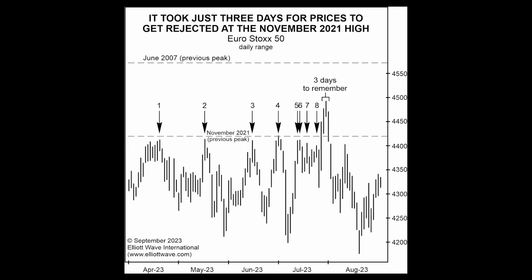Now, we're not just looking at wave structure this month. There's some important technical levels that are coming into play. This last month, I showed a price zone that was formed by two previous reversals. I'm going to update that chart, publish it again this month because the behavior of prices within this zone is